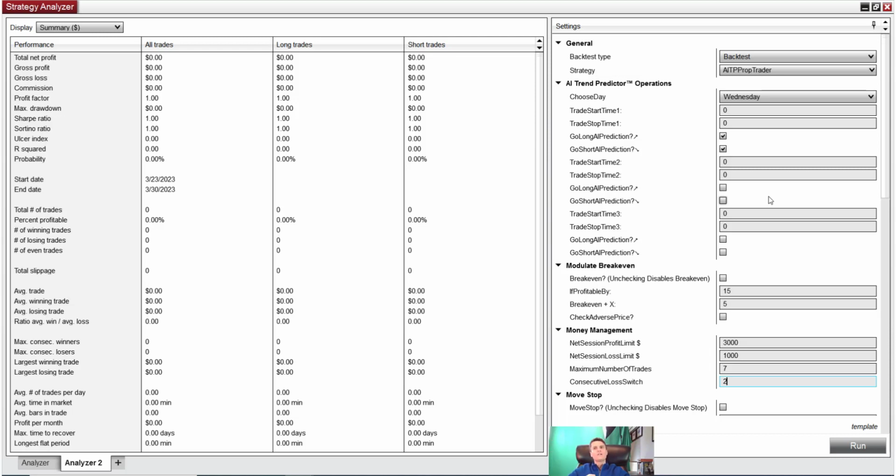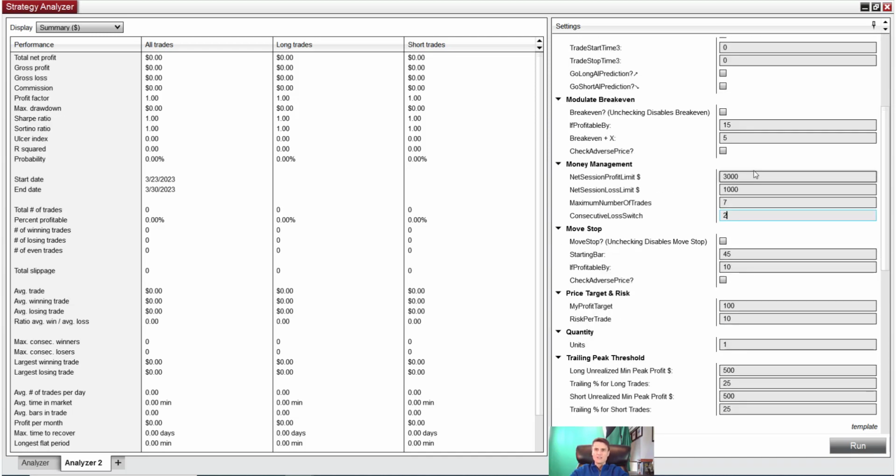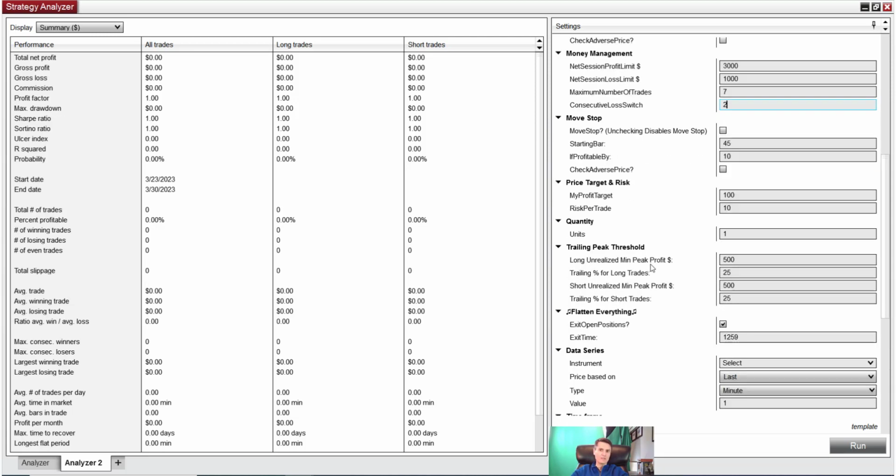So this is, again, a management system. If you had your own specific strategy in addition to what I'm going to do here, then I can certainly do that for you. But here's this strategy, if you want to call it that, as far as the entry strategies. So the exits, you can see everything from money management and various customized stops, the most interesting of which is, of course, the trailing peak threshold, which is you trying to capitalize on your unrealized gains as much as possible,